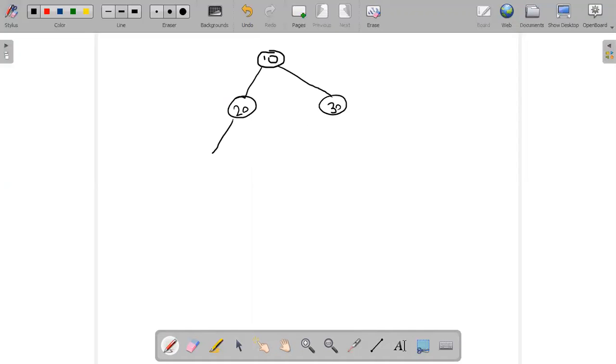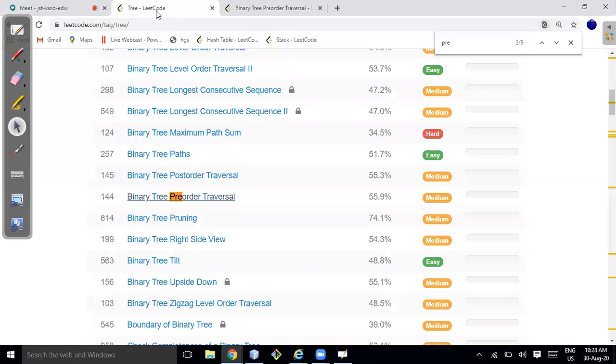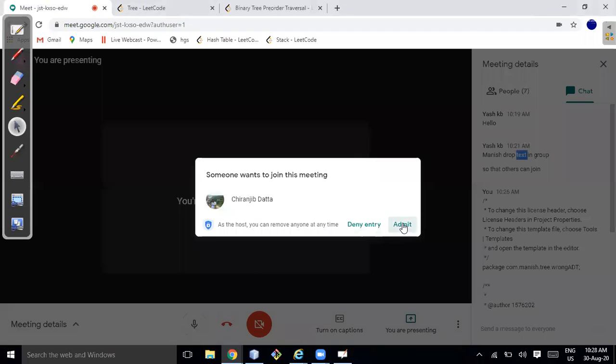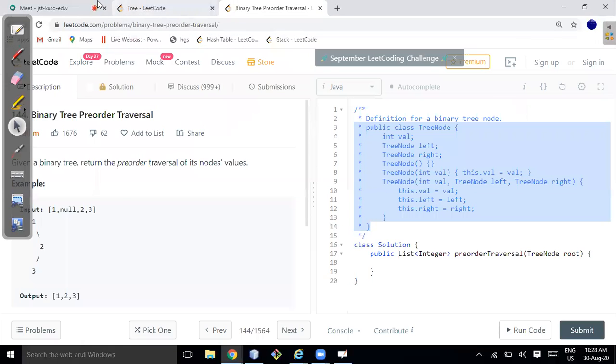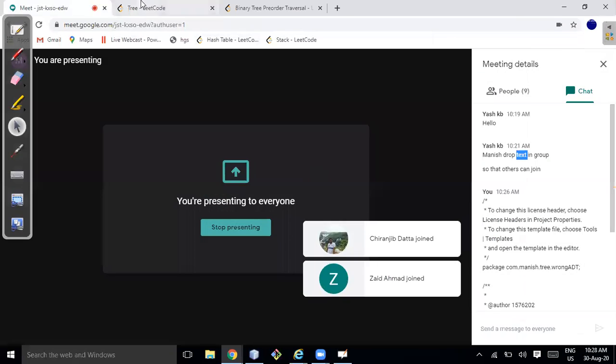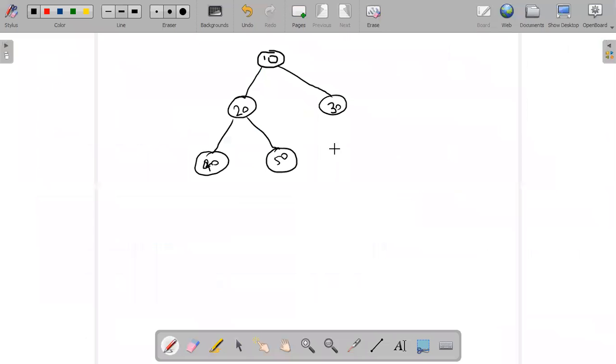Then 20 is having 2 children, let's say 40 and 50. And this 30 is having 2 children, let's say 60 and 70. I just need to create this structure in our tree.